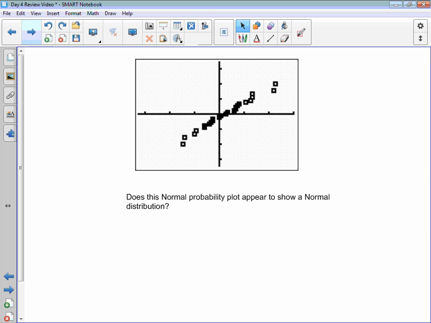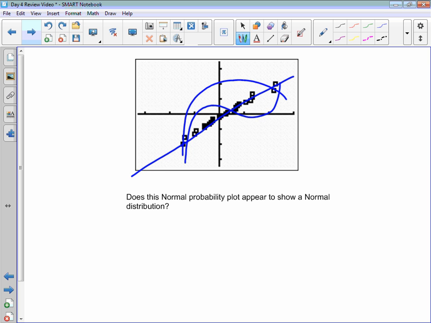Does this normal probability plot appear to show a normal distribution? Don't need a lot of time to think about this. This is a yes or no question. If you forgot what a normal probability plot is, go to your book, look it up, come back. And the answer is yes. If I draw a straight line through the data, there's no systematic deviations from it. I don't see a curve like this or a curve like that. It looks to be pretty linear, so we would say yes,